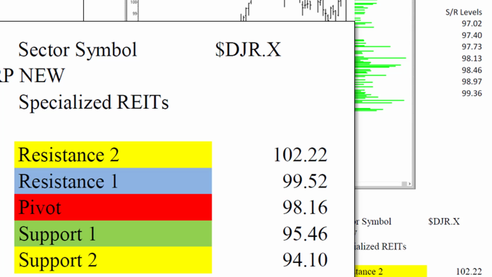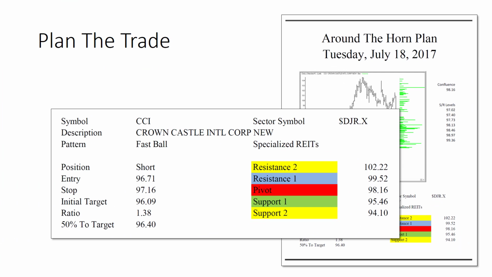$98.16. Now, how do I know that? Because anytime a stock makes a fastball expansion move, opens at the extreme and closes at the extreme, the 50% Fibonacci ratio is going to be identical to that floor trader pivot, because the floor trader pivot is going to be the high plus the low plus the close divided by 3, which is then going to overlap with that 50% retracement. Some of the other patterns, it's not as clear as this, and definitely if the bar doesn't open perfectly in the extreme and close in the extreme, it's not going to be like that. But in this case, it most certainly is.